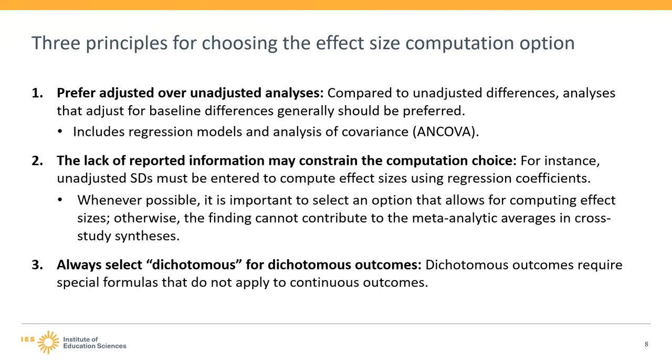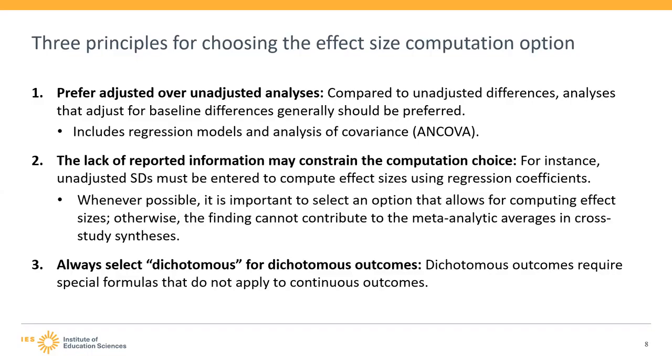Second, the lack of reported information may often constrain the computation choice. For instance, when using computation options based on regression coefficients, unadjusted standard deviations must always be entered to compute the WWC effect size. If those standard deviations are unreported, other computation options may be required instead. This point is especially important in version 4.1 because without an effect size, the finding cannot contribute to meta-analytic averages